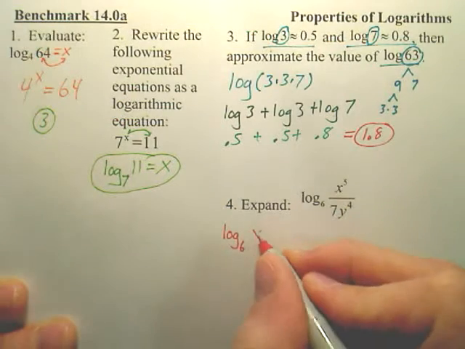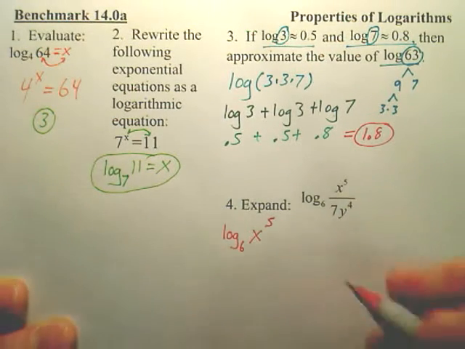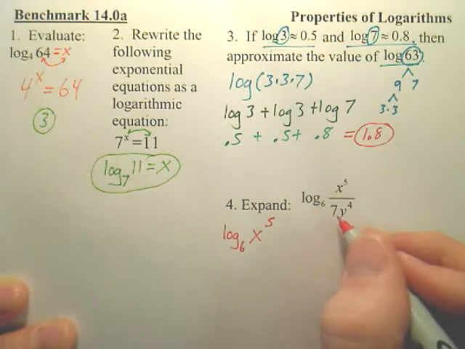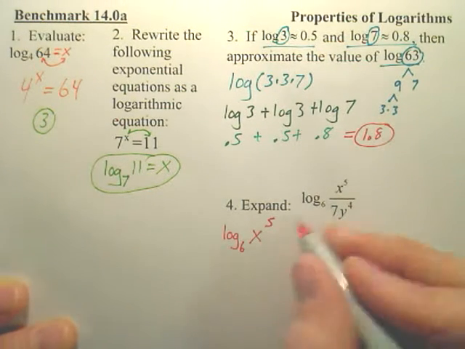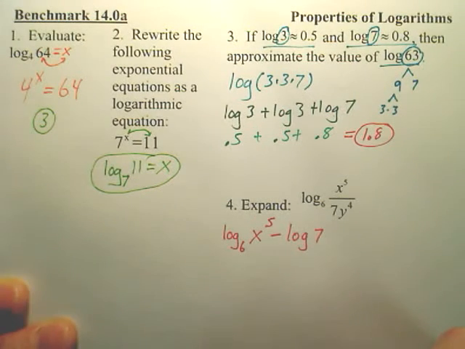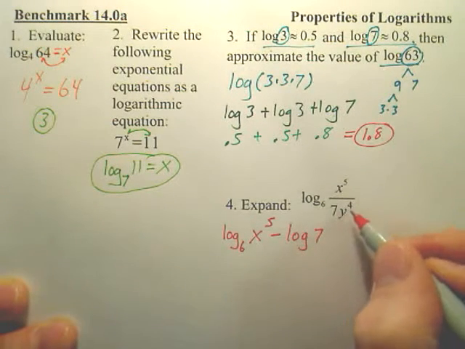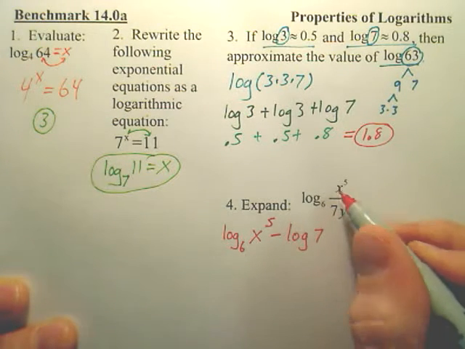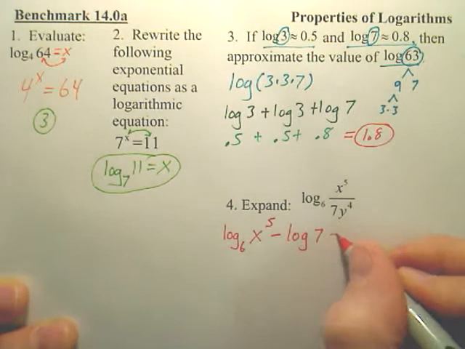Log base 6. We start with x to the 5th. Now, do you understand the 7 is on the bottom? Didn't we divide by 7? So divides are minus, so this is going to be log 7. Isn't this y to the 4th also on the bottom? x to the 5th was divided by 7 and divided by y to the 4th. So we're going to minus